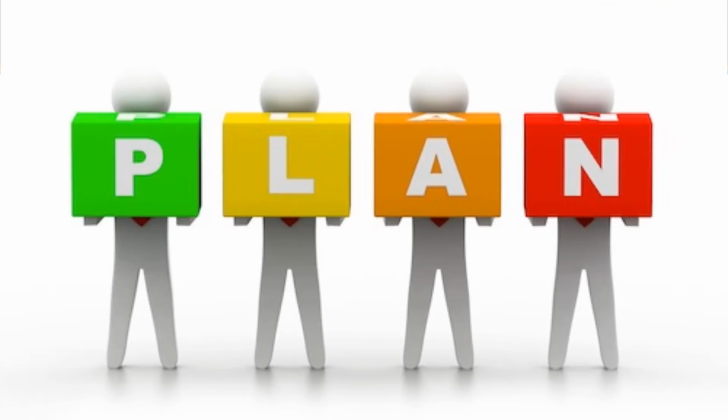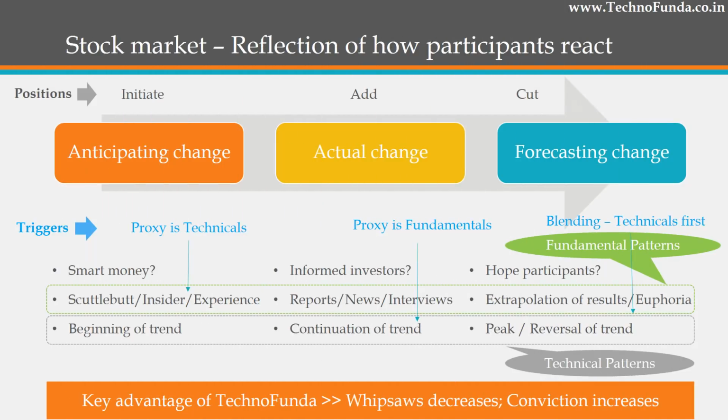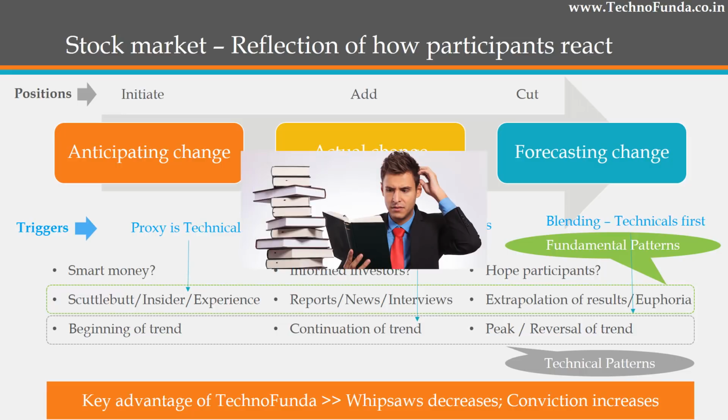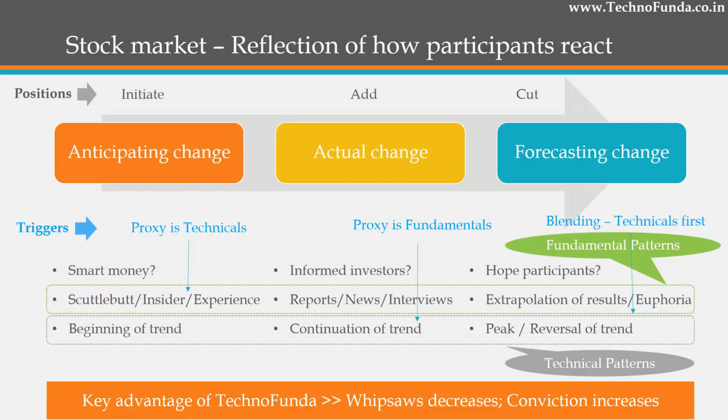So the plan for TechnoFunda is like this. First, we try to get what to buy, right? And the starting point is a difficult position for most of us. We don't know what to buy, how to start, where to start, which companies to research, and predominantly in fundamental research there is a problem. You run screens, you do a lot of reading of annual reports, and then randomly boil down to a few companies, right? But again, that takes a lot of time. You need to do a lot of scuttlebutt, and again wait for the right time to buy.